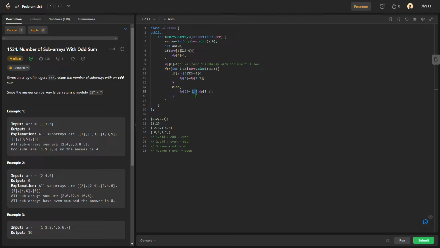Okay, I was having two odd subarray sums up till now, but now I am going to subtract them. Because if I include that odd element right now, I am going to get all of my subarray sums as even, and that is not the condition that is required. So please just subtract